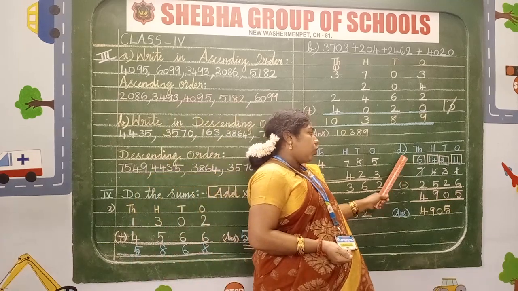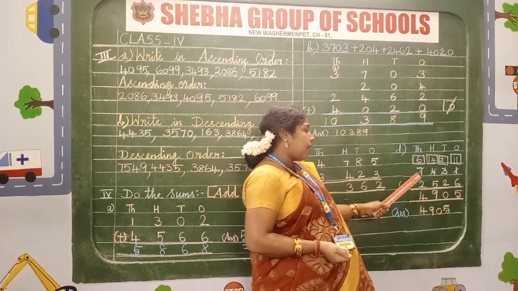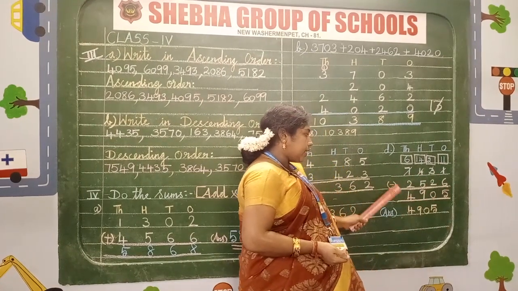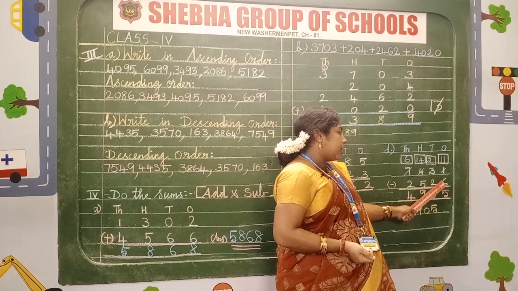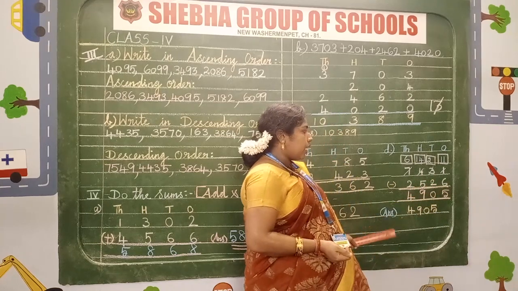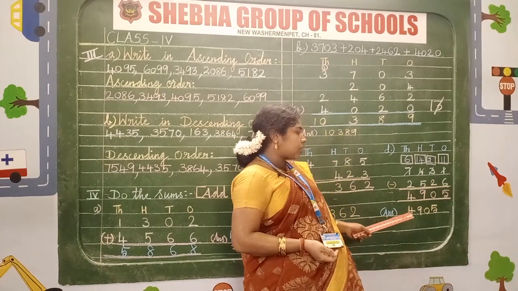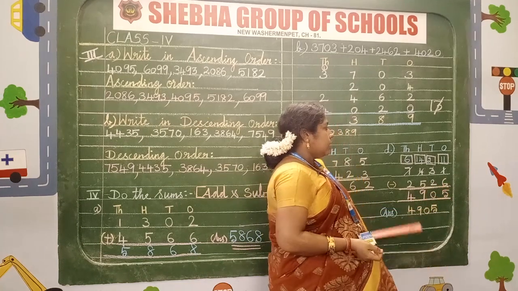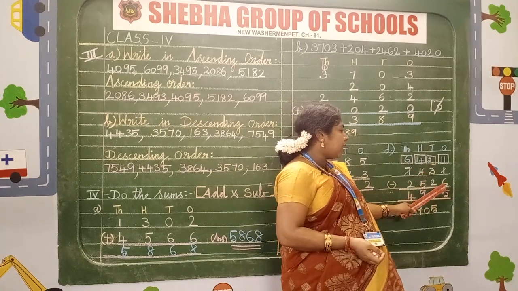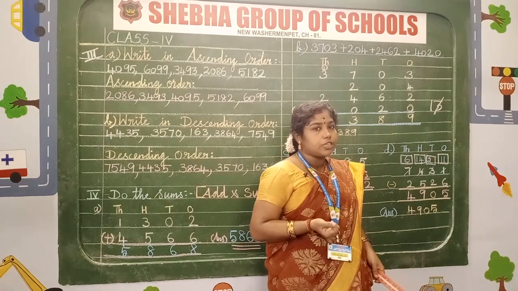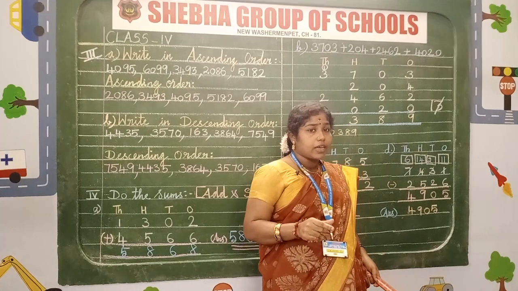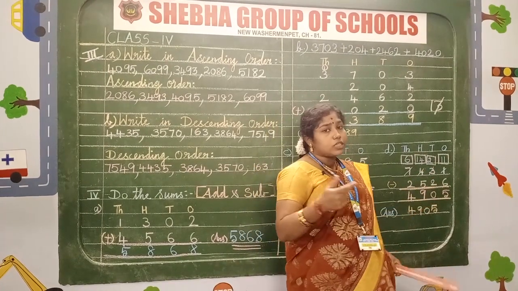Now we move on to D sum. Here we are having 7431 minus 2526. Whenever we are doing subtraction, we count from the bottom of the number, isn't it? So before that, 1 minus 6. Is it possible, children? No, because 1 is the smaller number and 6 is the bigger number. We can't subtract it.